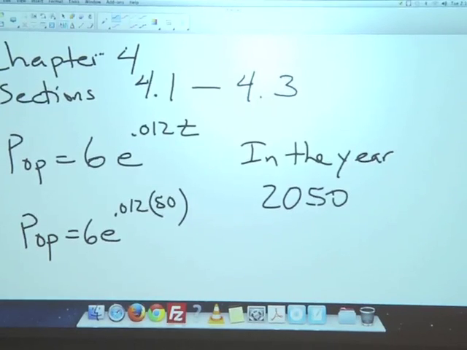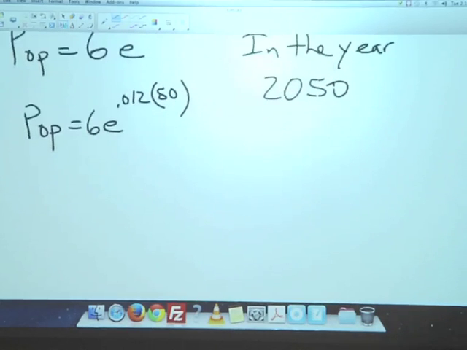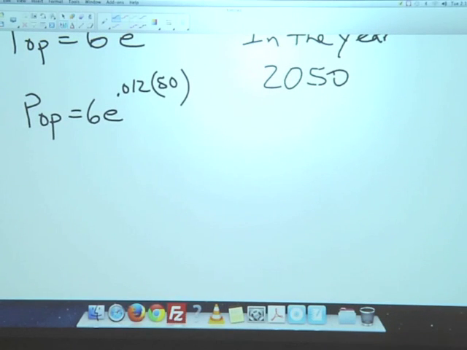So you want to be able to plug this into the calculator and tell me how many people will be on the planet. And that number, again, will be in billions of people. And the answer is